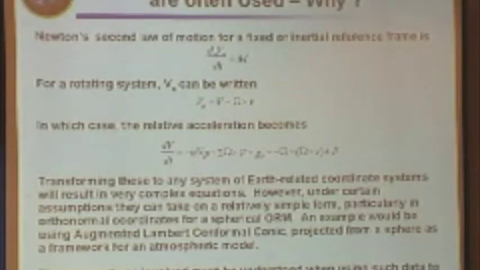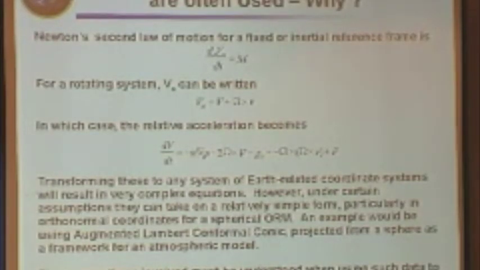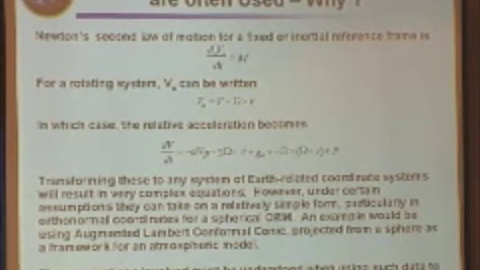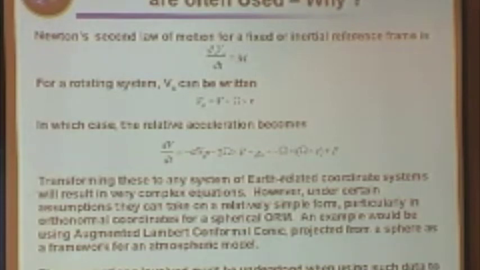Now, this is really the meat of why people want to use rectangular coordinates, and I've tried to simplify it as much as I can. In inertial coordinates, you get some vector differential equation like this for kinetics equations in which there are no trigonometric terms. But the instant you transform those to geodetic coordinates or any curvilinear system, you're going to get trigonometric terms all over the place in the velocity components and in the acceleration components. And so that's why people like rectangular coordinates.